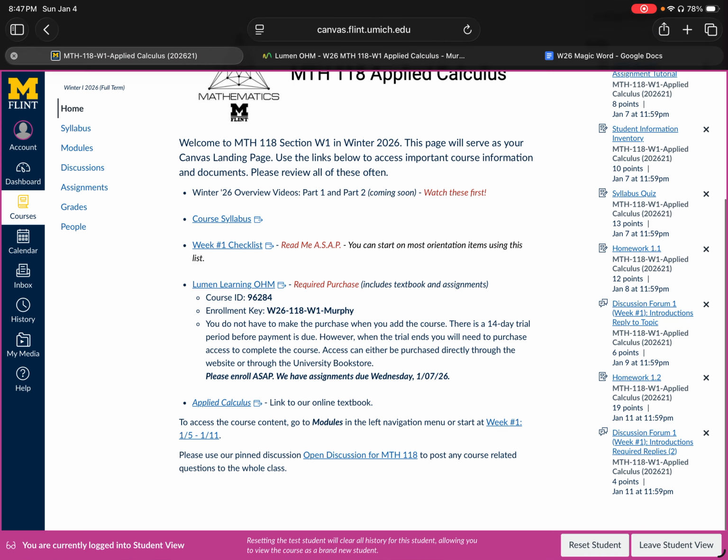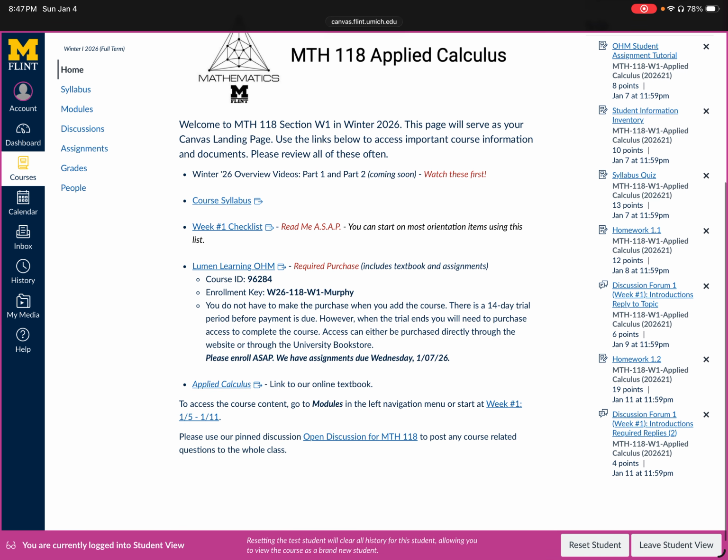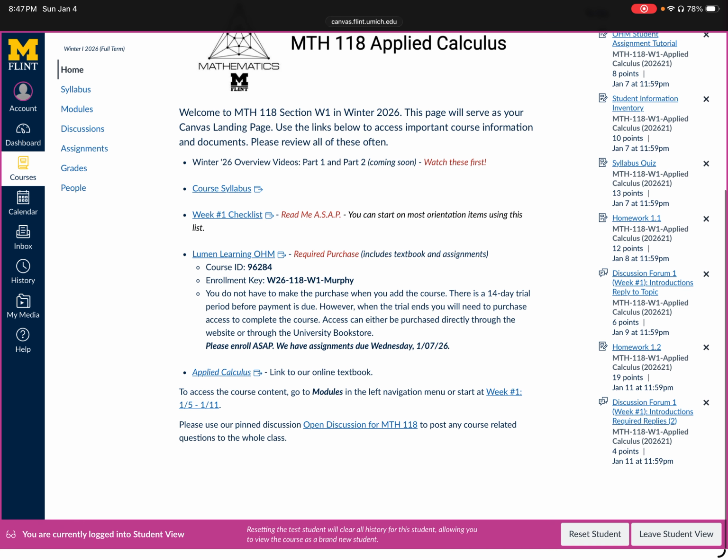Okay, now on Canvas, our content is going to be organized into modules. You'll notice here toward the bottom of the page, I say to access the course content, go to modules, which is up here in the upper left side of the navigation, or you could just start at the week 1 link here that I've given. So I'm going to click on modules,